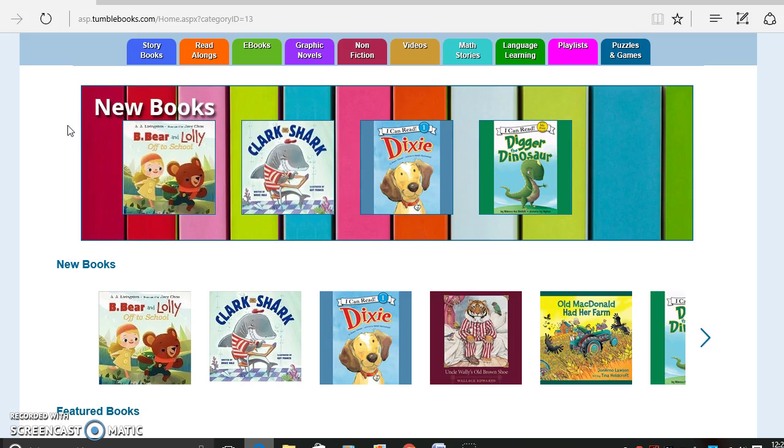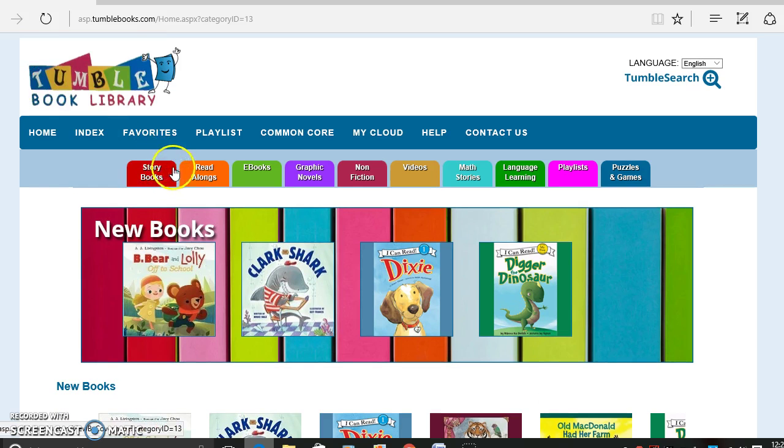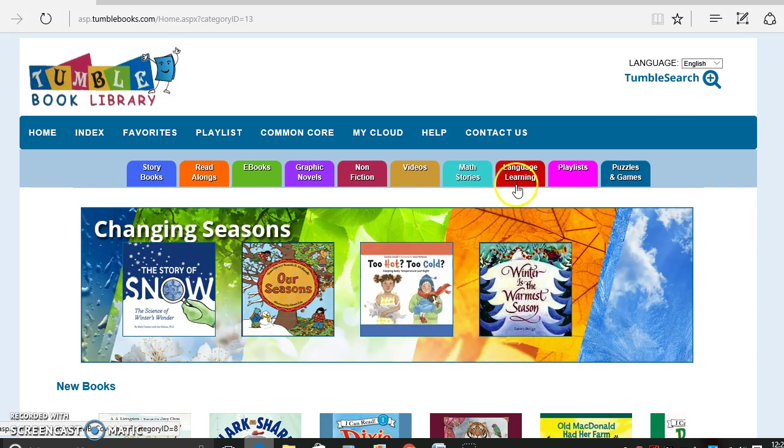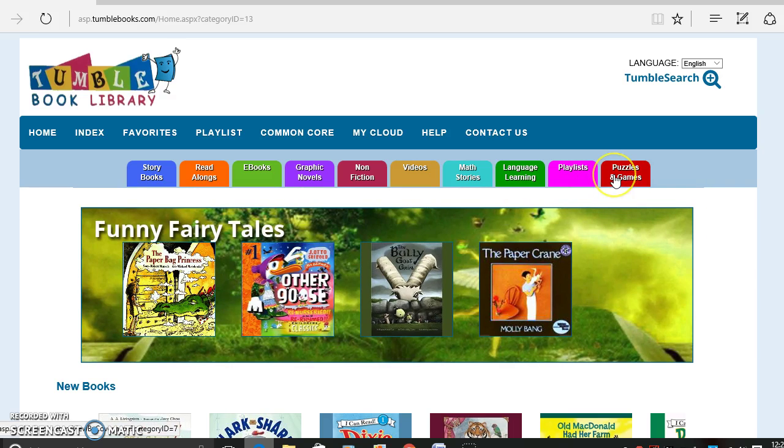Teachers and students have the ability to view several different types of books, like storybooks, read-alongs, ebooks, graphic novels, nonfiction, math stories, and language learning books. And they also have the ability to watch educational videos, listen to playlists, and do puzzles and games. So in storybooks, this is where